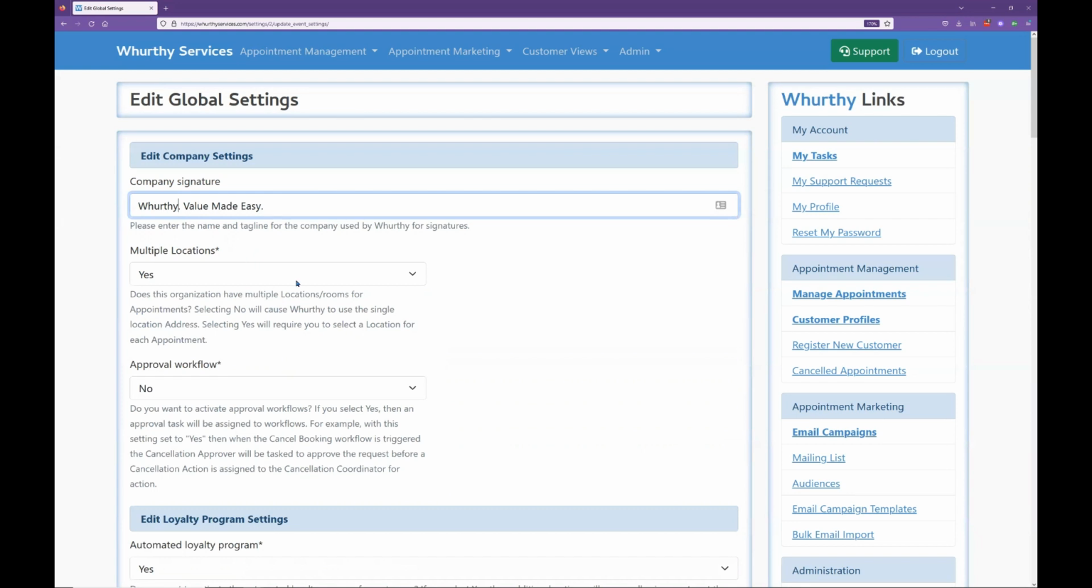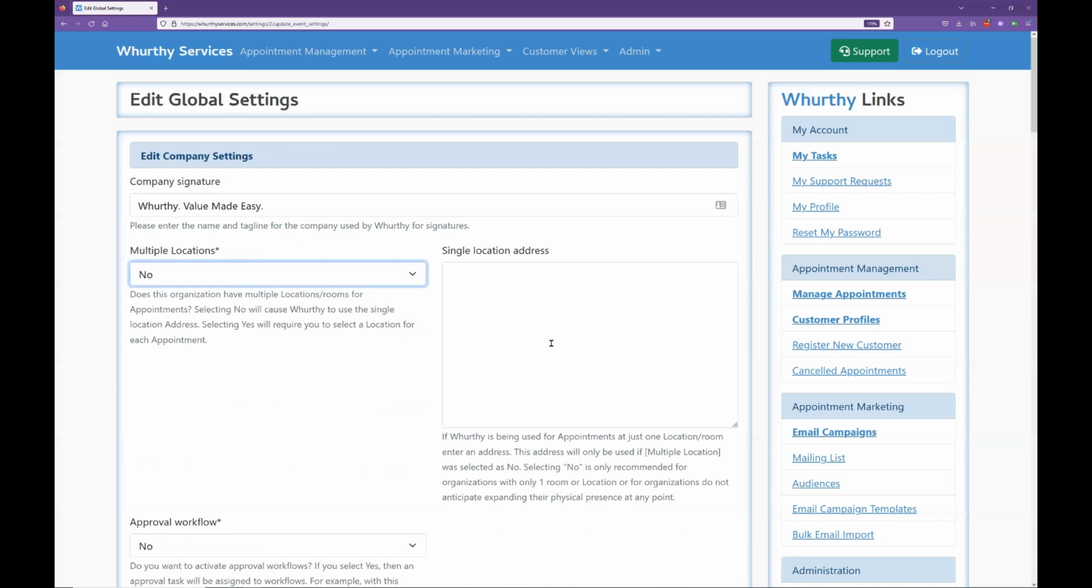In the next field, we have the multiple locations selection of yes or no. We have looked at this before when we were setting up venues. The general recommendation is if you have multiple locations or rooms, that we'd encourage you to select yes. Now, if we select no, it does mean that you've got a single location address. However, selecting no is only recommended for organizations with just one room and for those organizations that don't anticipate expanding